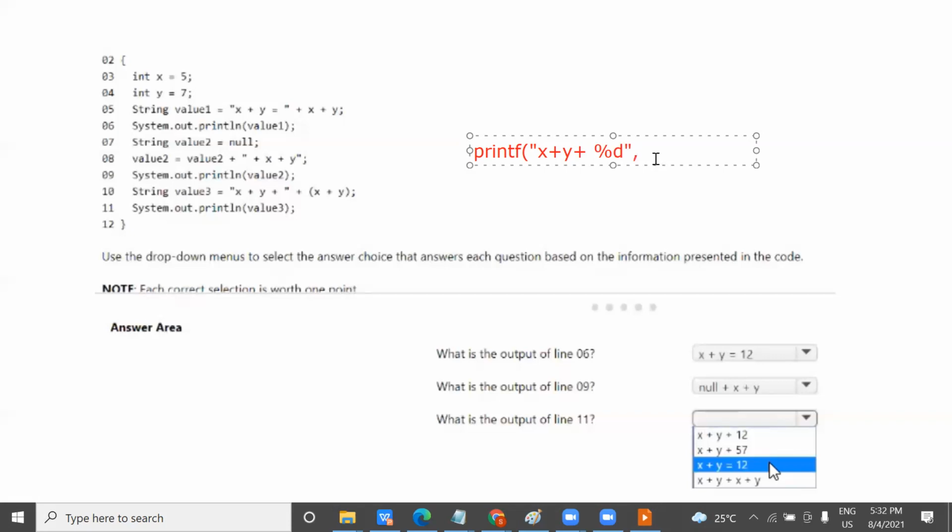And the variable names, like you write it like this, x plus y. You don't need to add anything here. Whatever the sum of this will come, it will be assigned to this percentage d, right? Do you understand that?